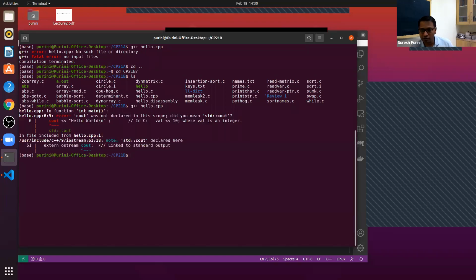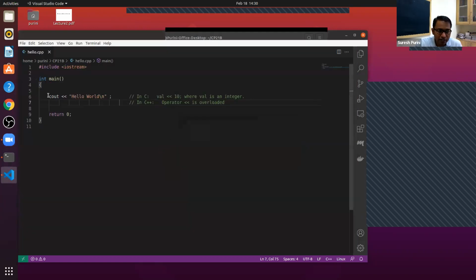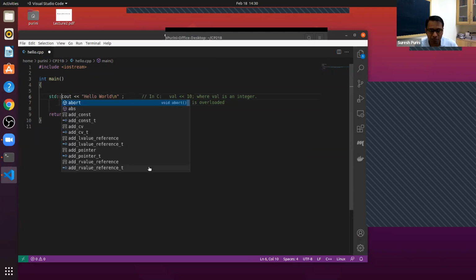Yeah, so this is what some of you are unhappy about: cout was not declared in this scope. In the standard input-output stream, cout is defined in a namespace called the std namespace.